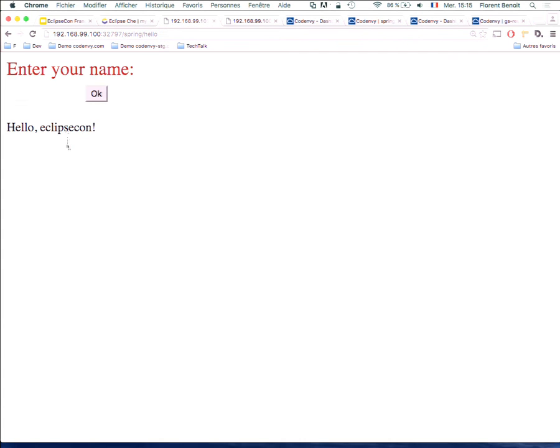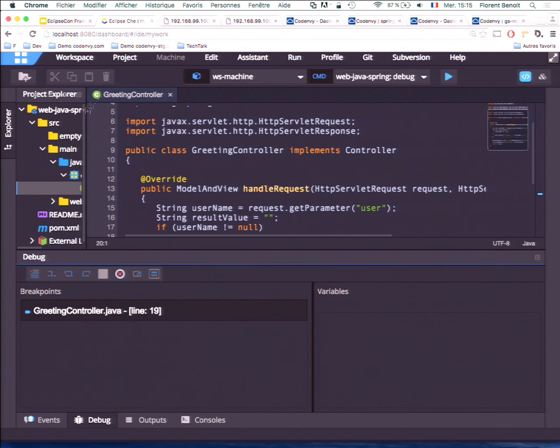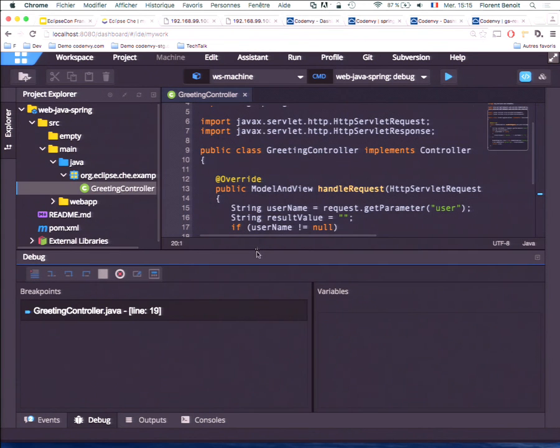And if I come back, we have the value updated. So the debugger here is connecting to a process that is running inside of the container, but it is a remote debugger, so you can also use it to connect to a process that is running outside. It could be a process that is running on a server somewhere.